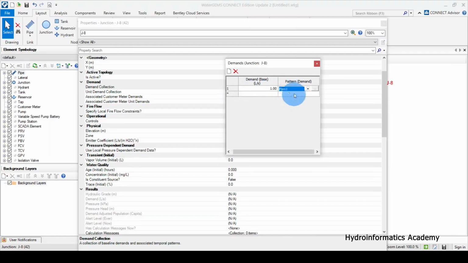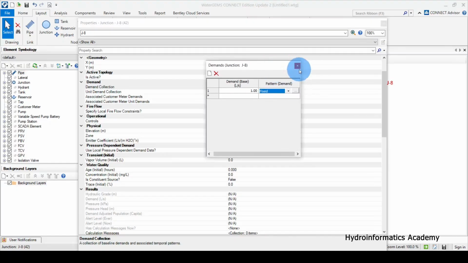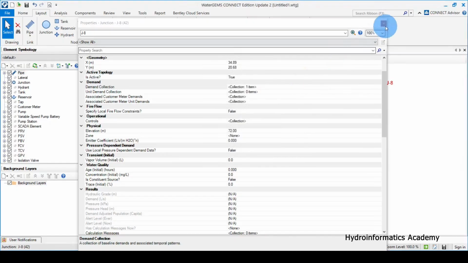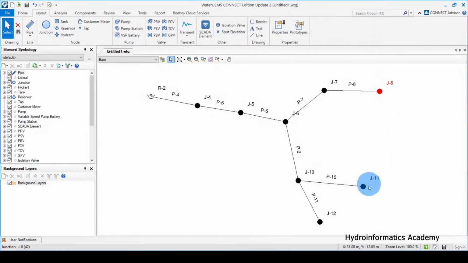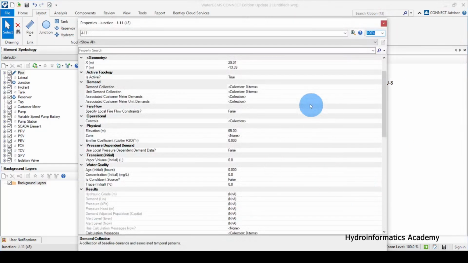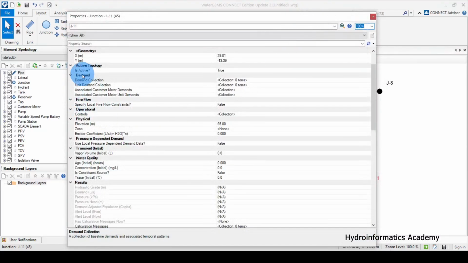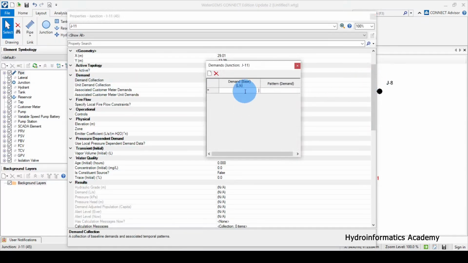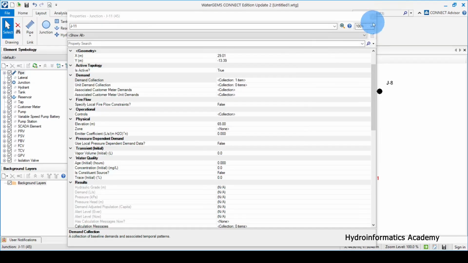The pattern, we are not going to touch anything on the pattern, because for now what we are dealing with is a steady state analysis and not the EPS or extended period simulation. So from here, I'm going to close this, and again I'm going to do the same on junction 11. If I click this, you can see we have this demand area here. From here, what I can do is to click these three dots and again specify 1.2. Let me close this,